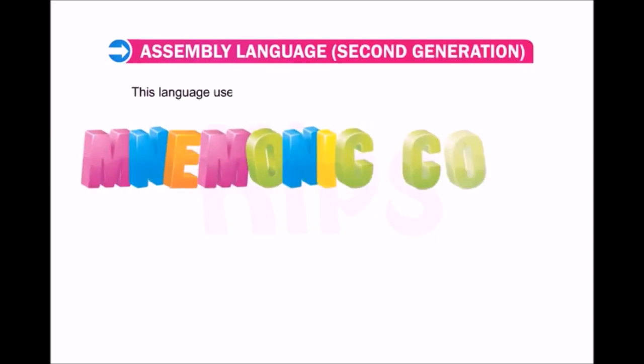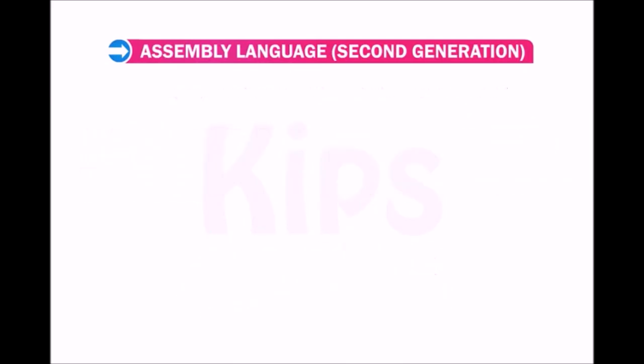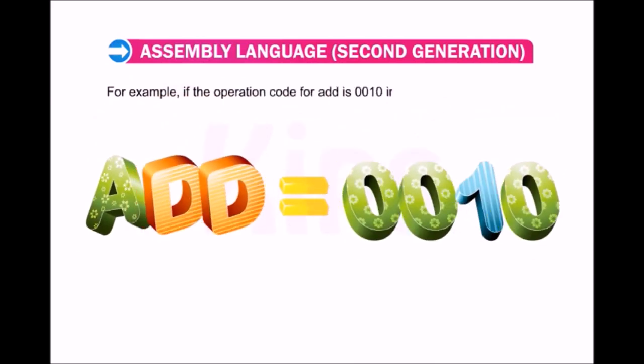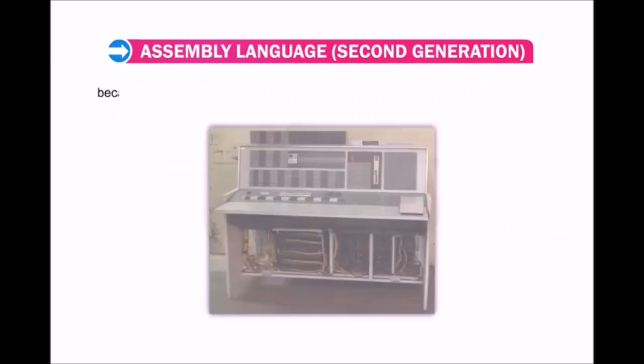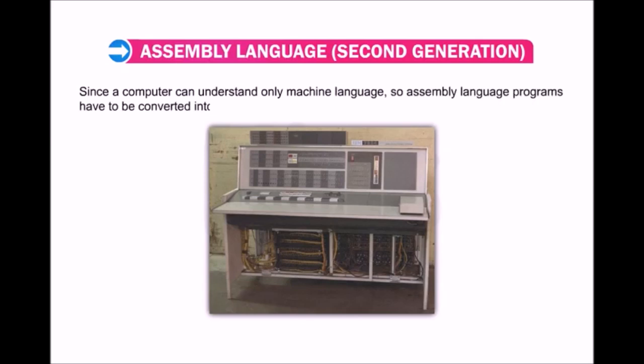This language uses mnemonic codes or symbols in place of 0 and 1. For example, if the operation code for add is 0010 in binary language, it can be directly written as add in assembly language. Because assembly language uses symbolic codes, it is easier to work with assembly language than with binary language. Since a computer can understand only machine language, assembly language programs have to be converted into machine